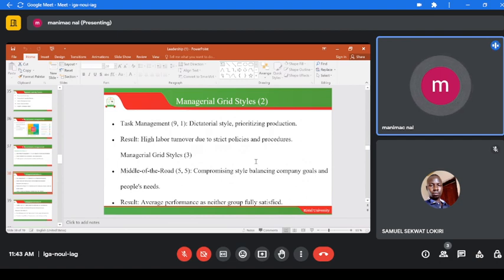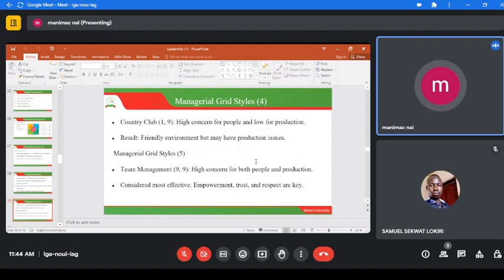So the managerial grid number 3 looks at the middle of the road, which is 5-5, comprising a style balancing company goals and people's needs. If you balance them, each one is going to be competent, is going to be satisfied, because you're also looking at their needs and you're also looking at the needs of the company. Furthermore, the results look at the average performance, as either a group fully satisfied or not satisfied. Furthermore, the country club, which is 1 to 9, looks at a high concern for people and